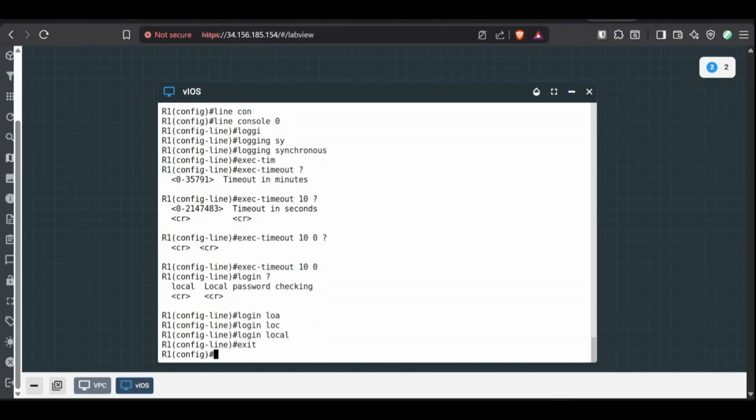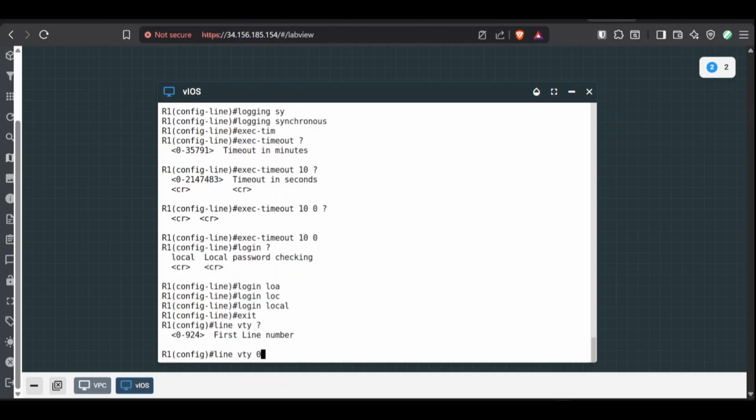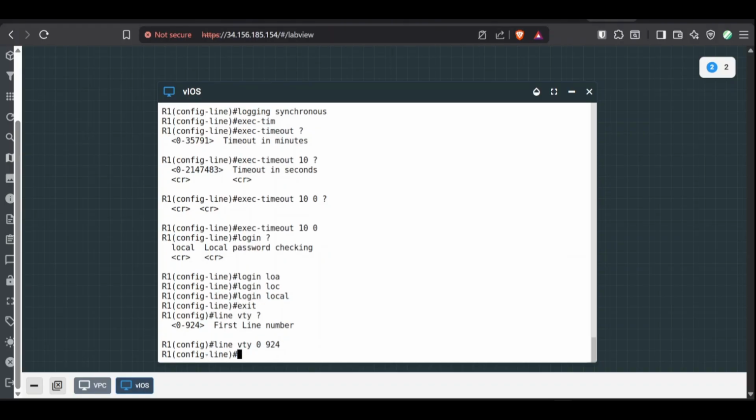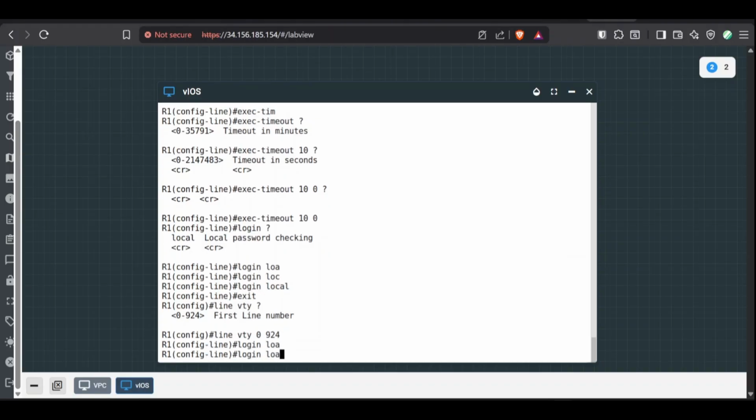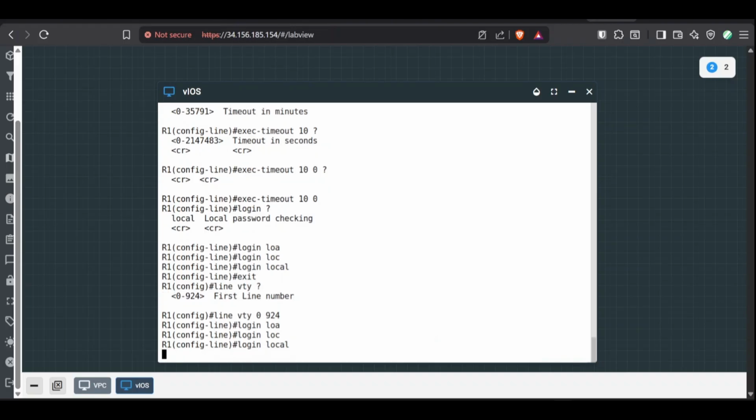Then we'll configure line vty 0 to 924. This is a real Cisco image we have, from 0 to 924, but if you're using Packet Tracer, it will be from 0 to 4 almost, or 5. I think so, it's 5 or 4. Then we'll use transport input ssh. We only allow SSH as the transport protocol, and the idle time is for 10 minutes. We'll exit out, and then